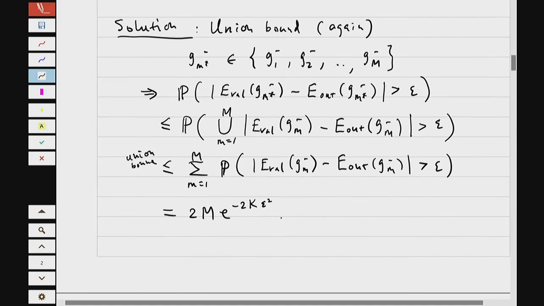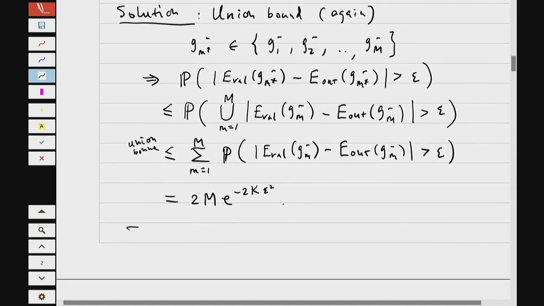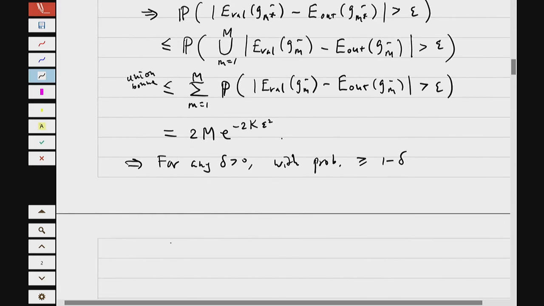So again, you can have an upper bound. In other words, this implies that for any delta greater than 0, with a probability greater than or equal to 1 minus delta, we have the following bound. That's based on both Hoeffding and union. E_val of g_m star minus